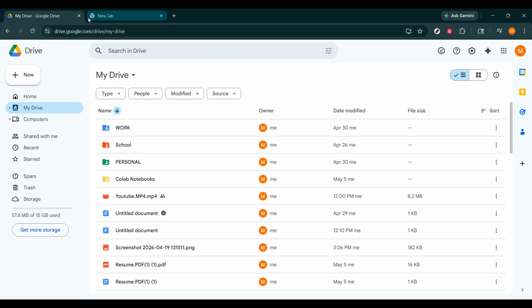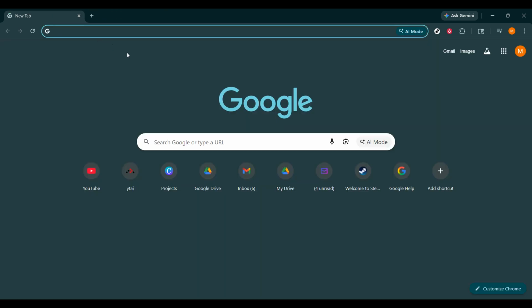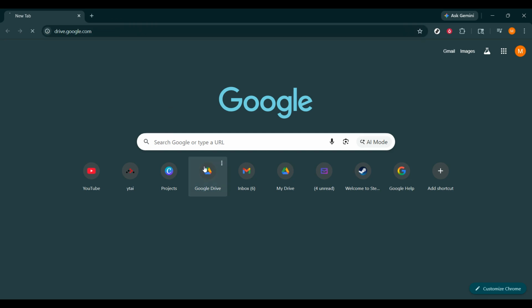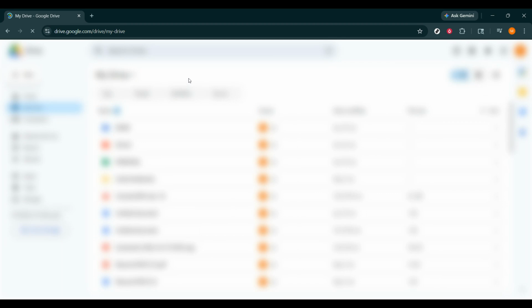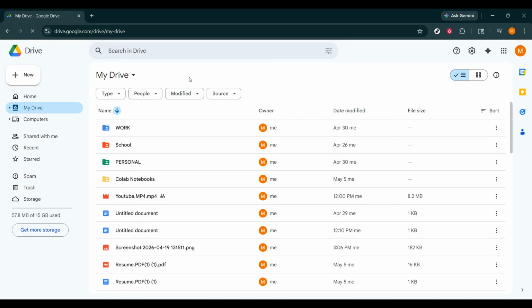If you close the tab while the upload is still in progress, the upload will cancel instantly. This is another quick solution when you need to stop the upload immediately and you cannot find the X button. Just remember, once you close the tab, the upload will not continue, so use this only if you really want to cancel it. The key thing to remember is that the upload panel in the bottom right corner is your